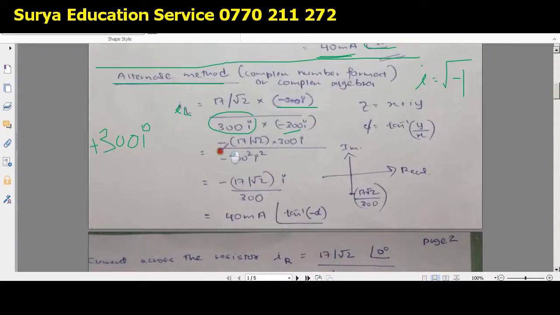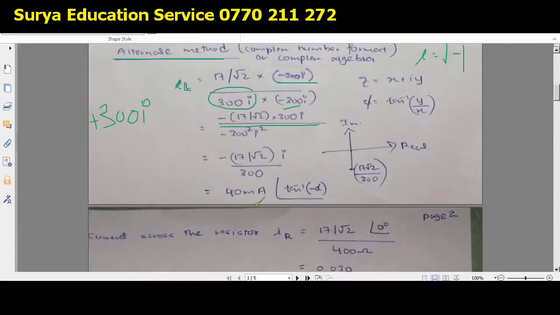the numerator. So then after solving that, this is algebra, right? This is simplification. So this would be what? Minus 300 squared i squared. So you can solve this and you can get the same answer, right? Because this guy will give 40 milliamps. But keep in mind, guys, the whole term is negative. So I will tell you how to find this angle. So how to find the angle?